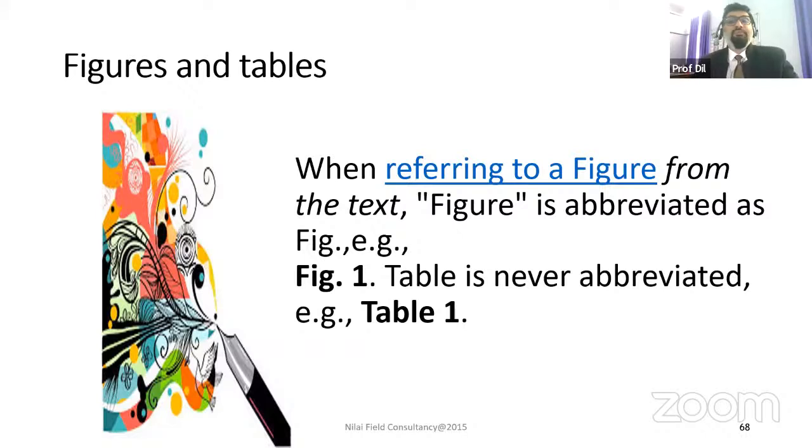When referring to a figure, take an example, you can write it like Fig 1 and Table. You look at it: there is a space, there is no full stop here, there is a full stop here, there is a full stop here, but here there is none. So you need to be very clear on the guideline. This is exactly the technicalities we need to look into.